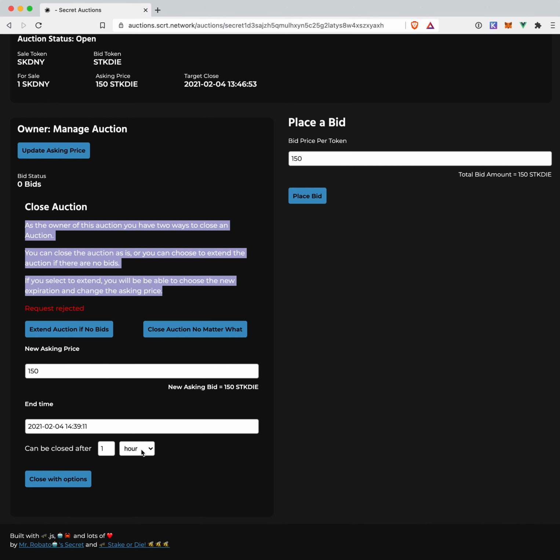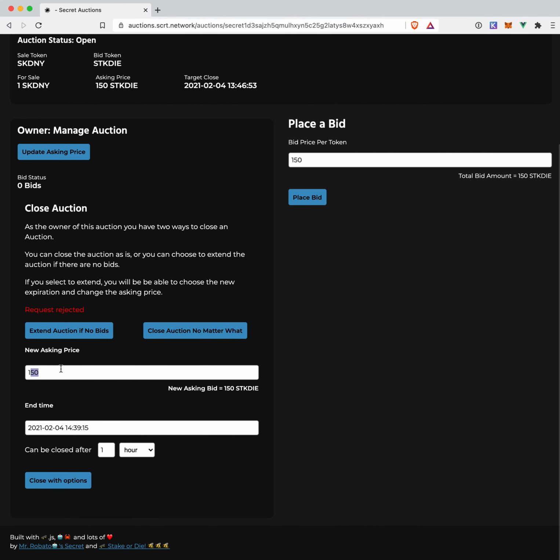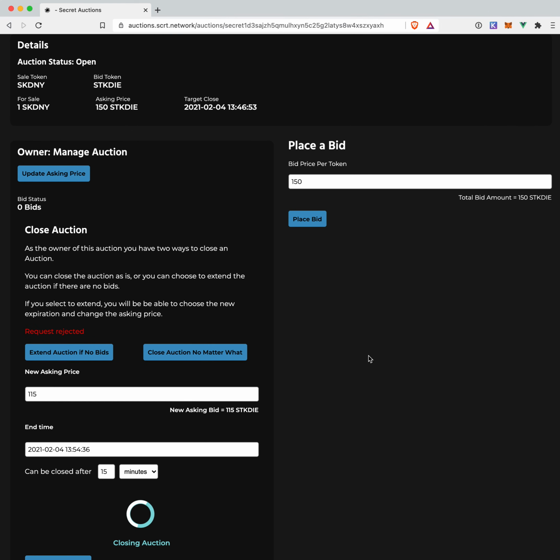But this is basically a way to say, okay, no one bid on this. Why don't I give you a better price? Or the price has moved, but I want to move with it, or something like that. So let's say I'm going to lower the price. Maybe I'll make it 115 because no one bid on it, and I'll give this an extra 15 minutes. 15 hours. Yeah, 15 minutes. Okay. So when I close this with options,